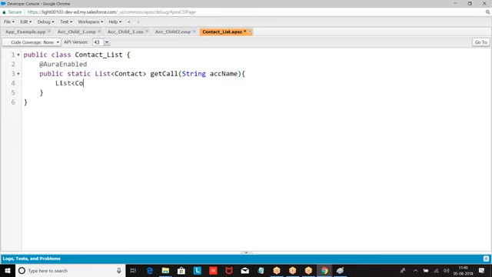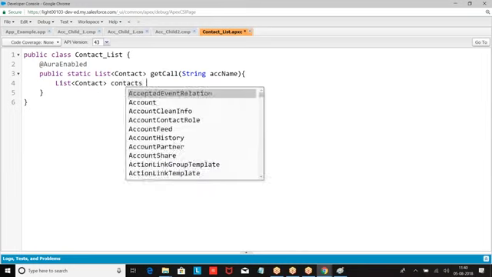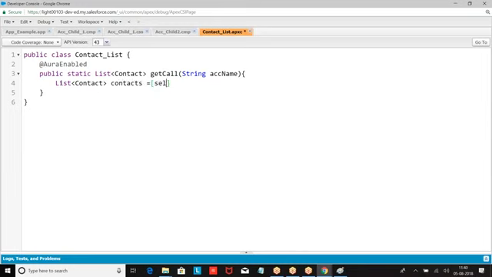Then we are supposed to get list of contacts equal to select ID from account, where name equal to